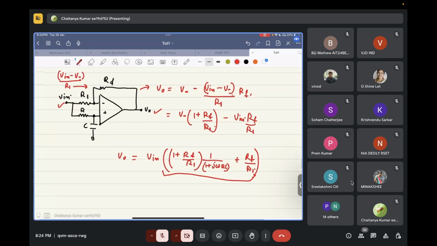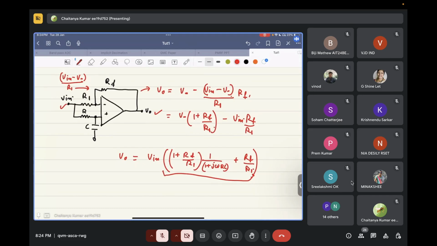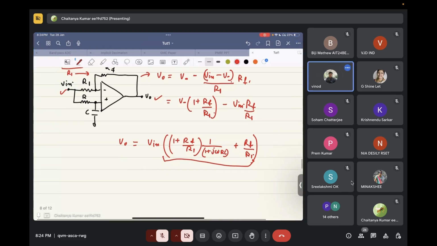And why is it so? 90 degrees or minus 90 degrees? Phase means negative and positive both are same. No, but